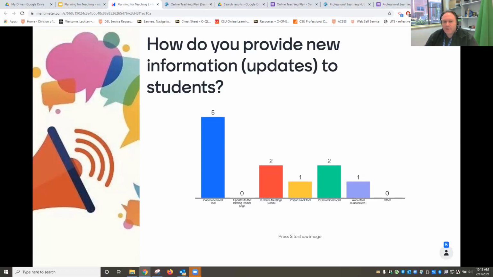Sometimes these results can be quite revealing for us because, sorry, I'm a bit croaky this morning. It shows trends as well. For quite some time, a lot of people were using dynamic landing pages to give new information to students. That has phased out a little bit. Certainly the templates that we have for subject sites don't really have a dynamic front page as part of their design.